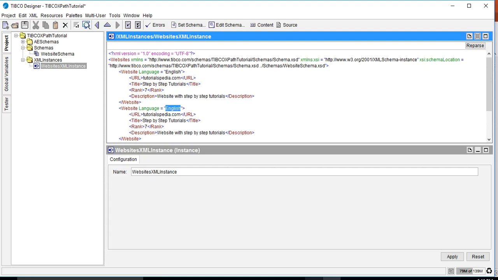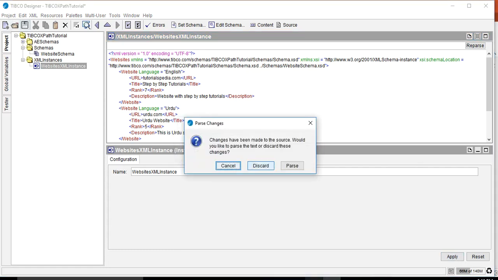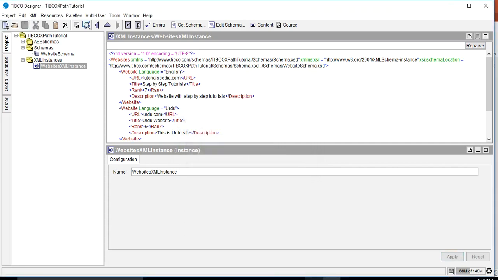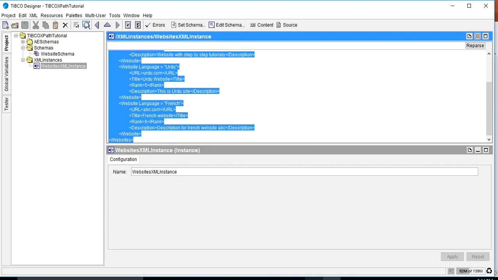In a similar way, we can do the third one also. Here let's change the language to Urdu, and for the URL just write urdu.com, and here we will give some title, Urdu website, and its ranking, let's make it 5, and description something else. This is Urdu site. So now we have created our XML based on the schema that we specified. Okay, it's successfully parsed. So now let's copy this XML and just put it into a file